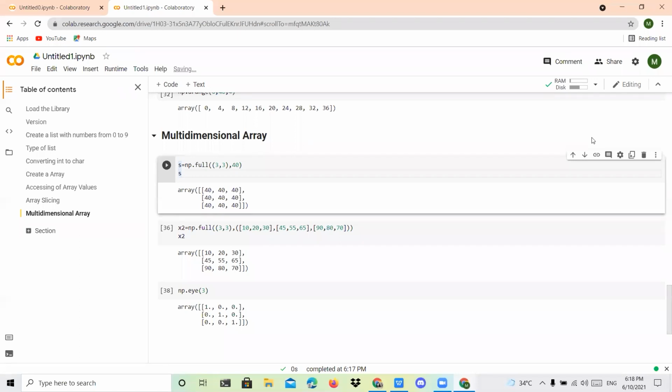Yes, it is a matrix only. It is printing like an interpreter. Whatever value you have will be printed automatically.